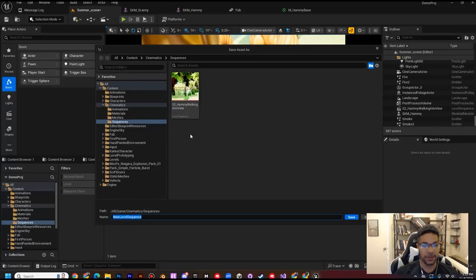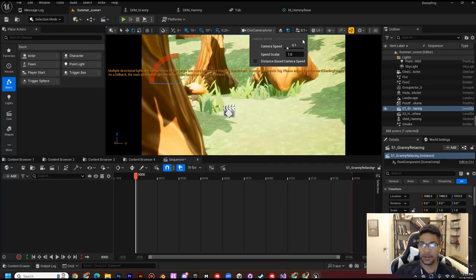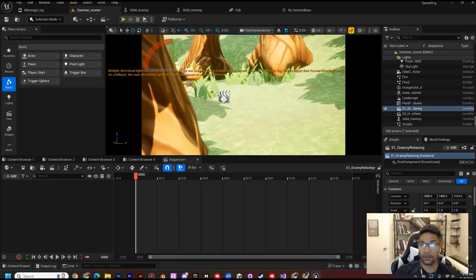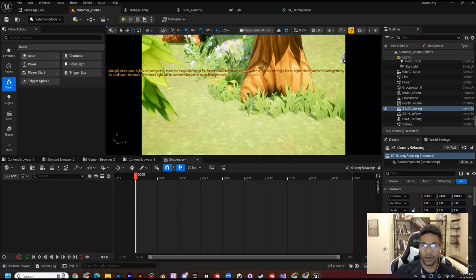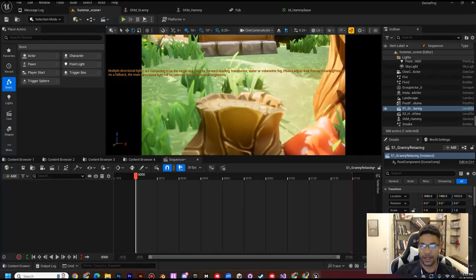So add another level sequence. Say this one's gonna be the first one. So S1 underscore granny relaxing. Granny's gonna be sitting on a log, so I'm gonna move my camera. Need a little bit more speed here. I thought there was a log somewhere around here. Let's try to get a nice